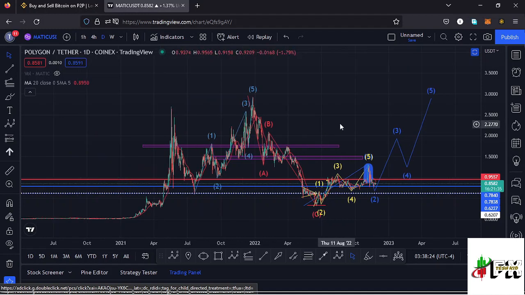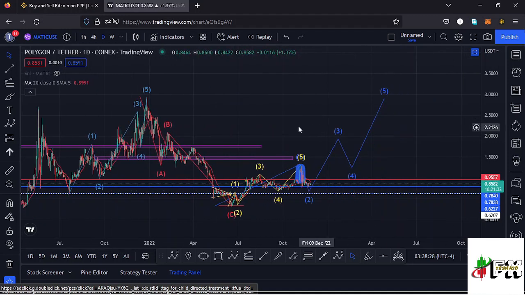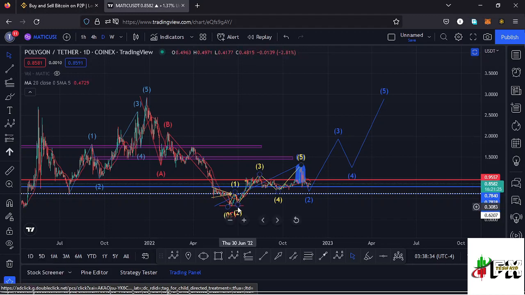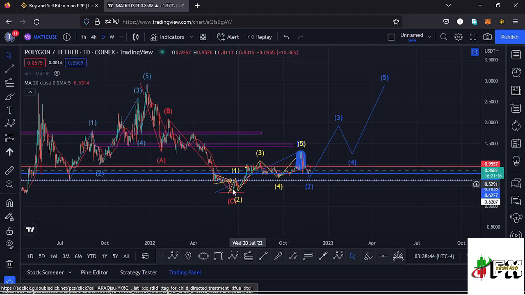And I want to kickstart the video by giving a brief of what has been happening here on the Polygon Matic chart. From the all-time high, we had been seeing lower prices in this massive ABC corrective movement, which took us back to around the $0.32 mark. And having done so, I believe it has done the minimum that we expected it to do in its ABC corrective structure, and soon we are going to see a very nice bounce to the upper side, obeying this EBOOK